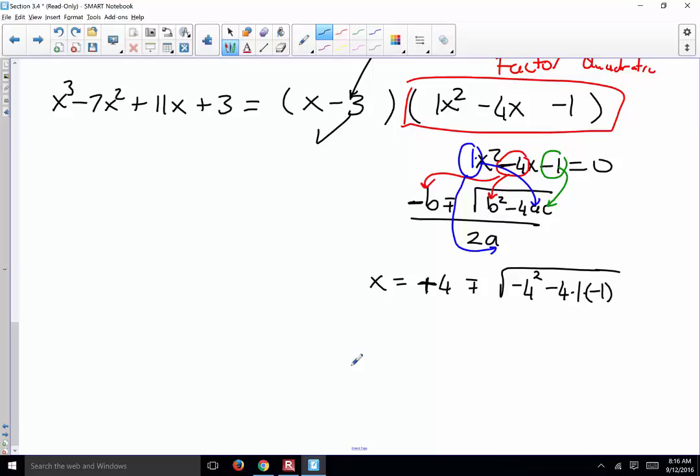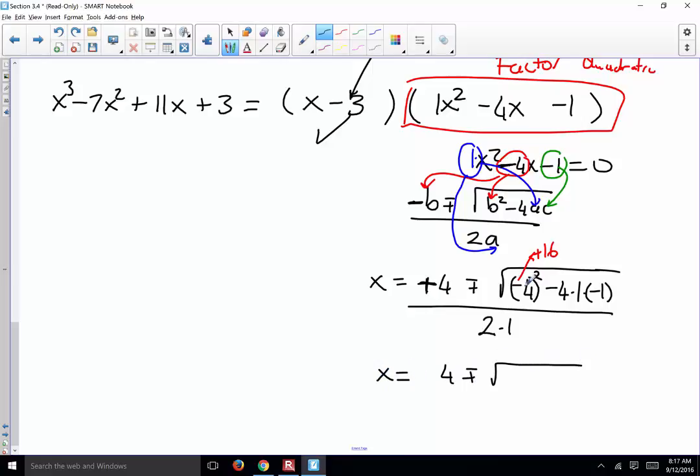More mistakes? Right. We need a parenthesis here. Unless you put a parenthesis, minus 4 squared becomes minus 16. But once I put a minus sign here and a parenthesis here, this turns into positive 16. That's the correct way. That should be positive 16. The bottom is twice 1. Correct? Alright, let's get those